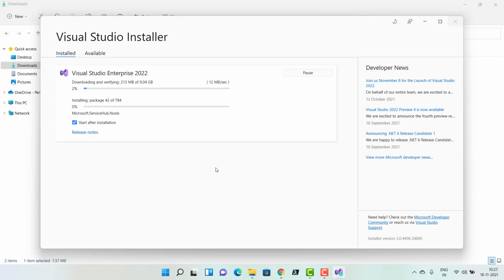So now you see that the individual components are actually downloading. And of course, when some components are downloaded, you would see that those components would actually begin to install. Now you see it is getting downloaded as well as installed, right? So let's wait for this process to complete because this is going to take some time.